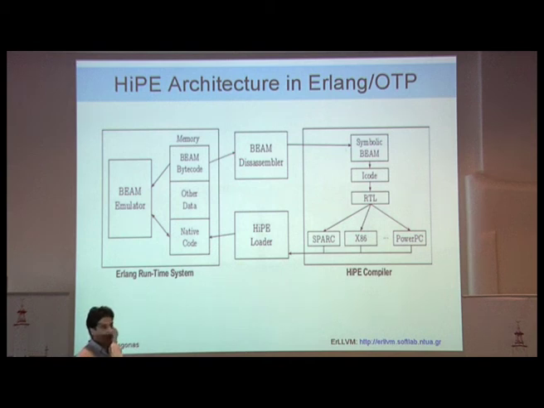Now, if you decide to use the HiPE compiler, what really happens is that you take this Beam bytecode, you pass it through the Beam disassembler, my first Erlang program, and then this creates symbolic Beam, which then gets translated into other forms, lower level forms. It gets translated to something called I-code, which is the intermediate code representation of the HiPE compiler. This further gets translated to a register transfer language, the RTL language. And then it goes into the various backends, the ones that you are selecting to compile for.